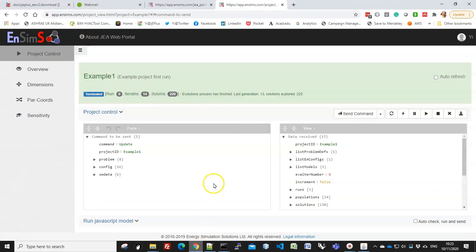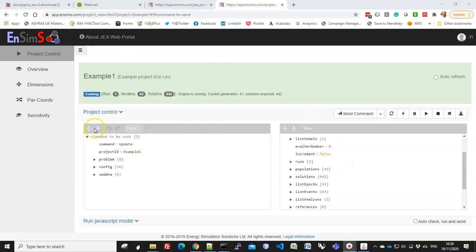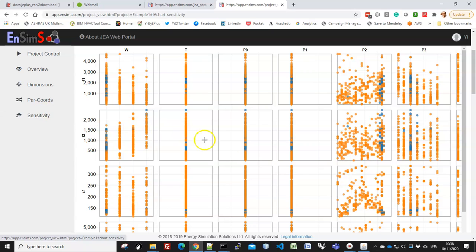Okay, if you go back to the website, let's do an update. If you remember, our first run was a sensitivity analysis using the Morris method. The results you can actually see on the sensitivity tab here. So if you go there,